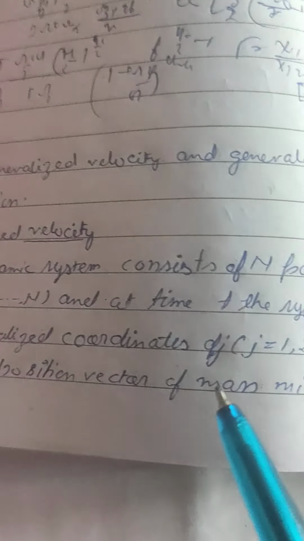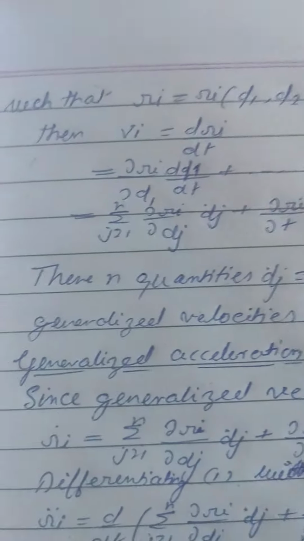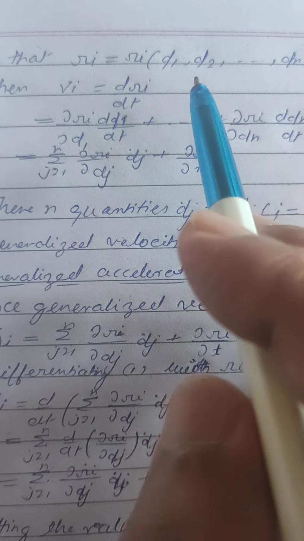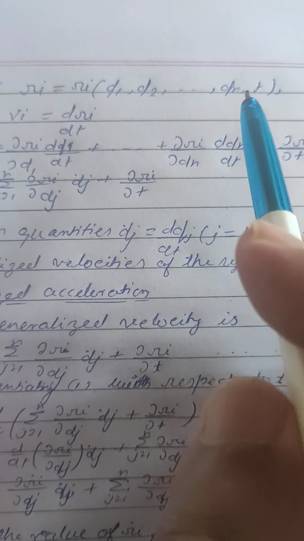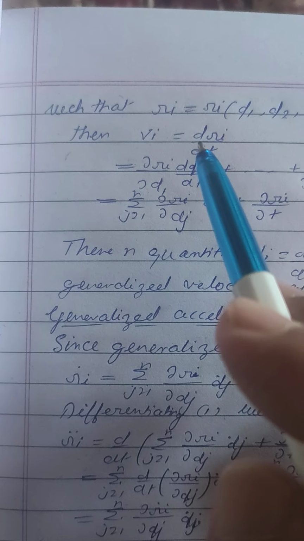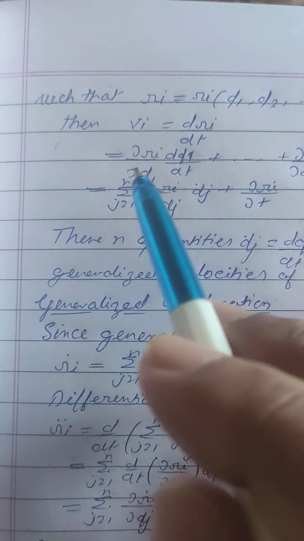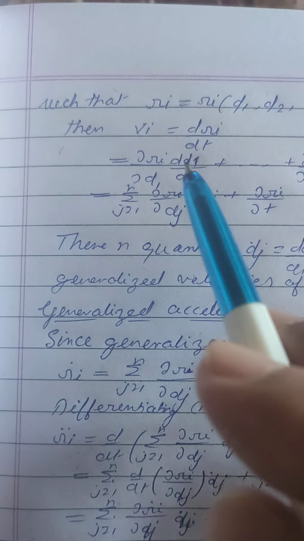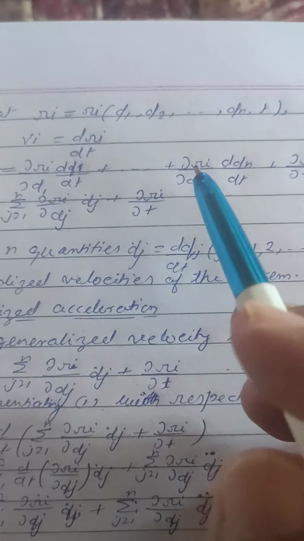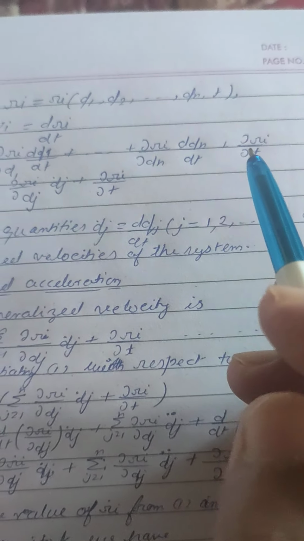Let r_i be the position vector of the mass m_i at a time t, with r_i equal to a function of q1, q2, ..., qn, and t. Then v_i is equal to the derivative of r_i with respect to t, which is equal to the partial derivative of r_i with respect to q1 times the derivative of q1 with respect to t, plus so on, plus the partial derivative of r_i with respect to qn times the derivative of qn with respect to t, plus the partial derivative of r_i with respect to t,